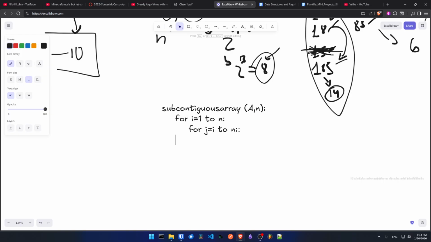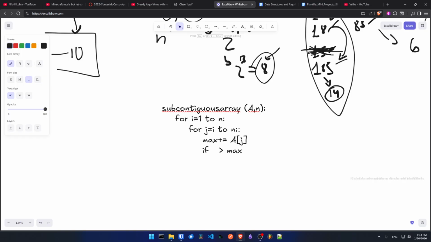What we are going to do is sum it with the maximum variable, and then we're going to do a of j. And then if that maximum is bigger than the total,